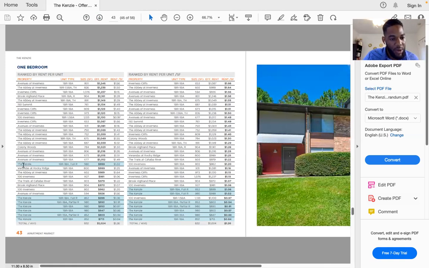So this is our 1 bedroom here. This is what we're getting, our effective rent. The average rent in the market is $1,000. So it's good to see that we're further along to the bottom. We do have some nice size floor plans here at 980. We do have some properties here that are at 677, 673. So overall, even with this property being a 1970s vintage, it's still encouraging to see some nice floor plans. And I would actually say we're on the larger side of the floor plans here, with the exception of a couple of properties. So that is encouraging there.